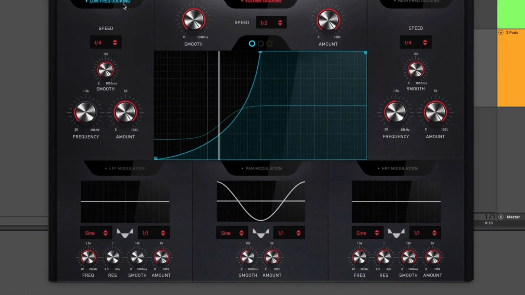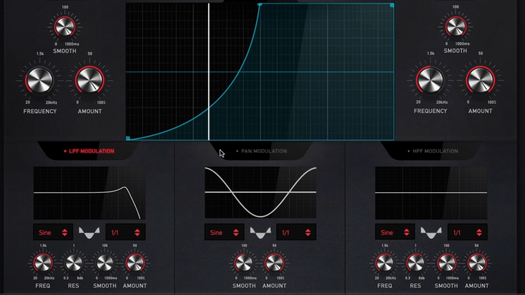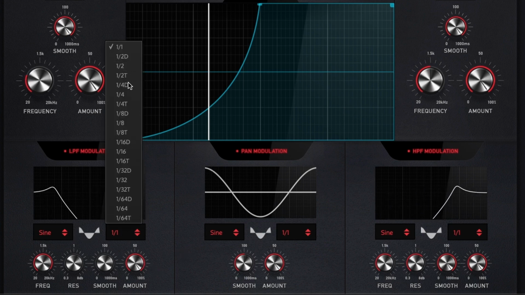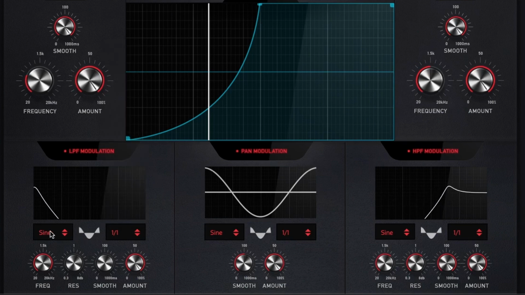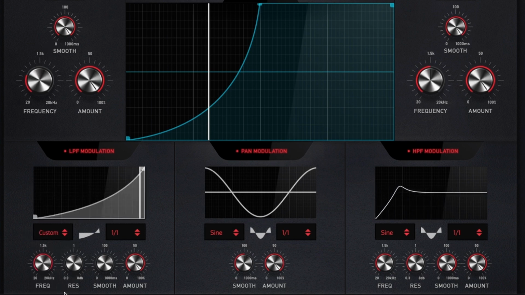Now onto the bottom section of the plugin, where we have 3 more modulators. One controlling a low-pass filter on the left, one for the panning modulation in the center, and one for a high-pass filter on the right. All of these sections contain the same controls for smoothing, amount, and the drop-down menu to choose the different speeds, but they also all have a second drop-down menu where you can choose from a selection of wave shapes for your modulators to follow. You will find sine wave, triangle, saw, square, and random, as well as a custom panel